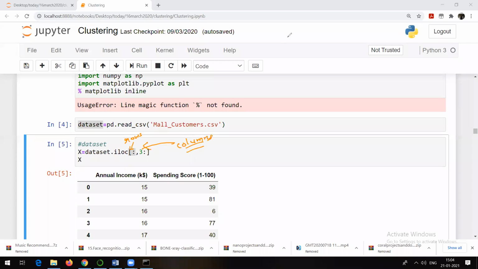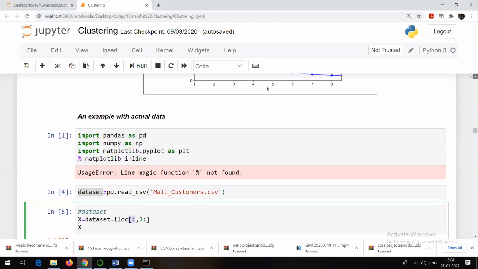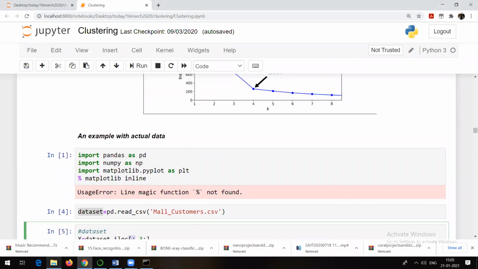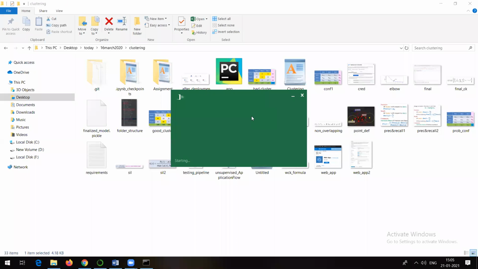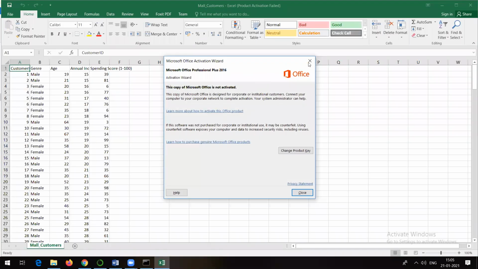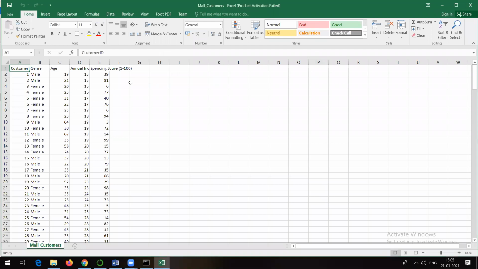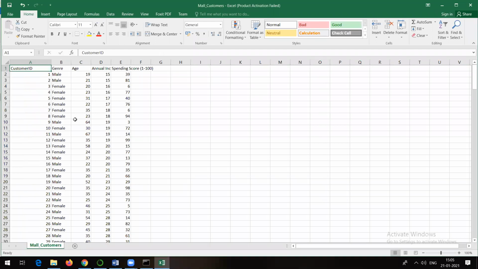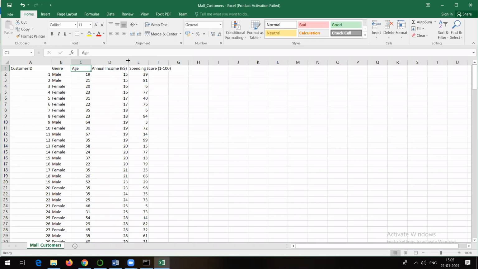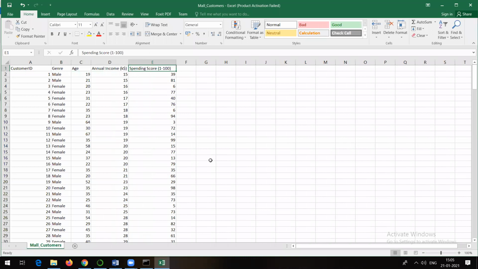As I have shown you the data set, in our data set, what types of columns do we have? So let me show it to you once again. So we have customer ID. Customer ID is never going to contribute to anything, like a cluster number or something like that. So customer ID is not of any use for us. Gender again is of no use. Age, customers might be of any age. Annual income and spending score. Depending on these, definitely we can try to divide the data into clusters.